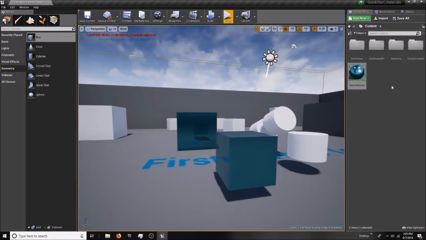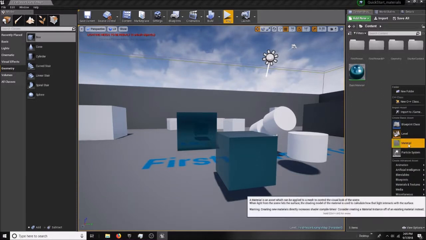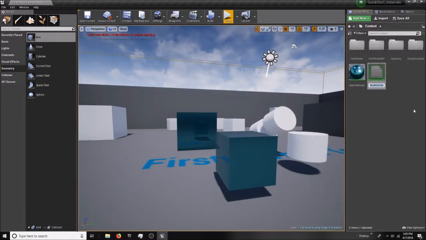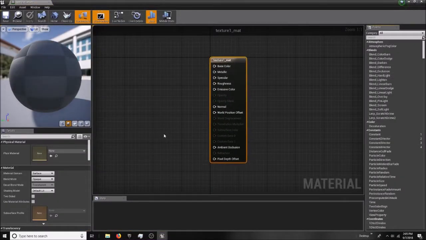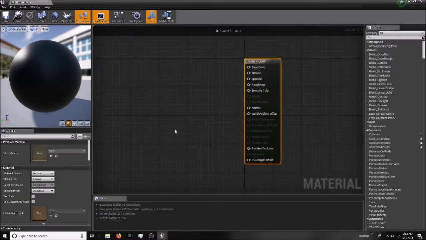I'm going to my content page. I'm right-clicking on it, selecting material. I'm going to call this one Texture 1 Matte. And just double-click on it to open. Okay, so once again, I am in the material editor, but I don't want a color, I want an image